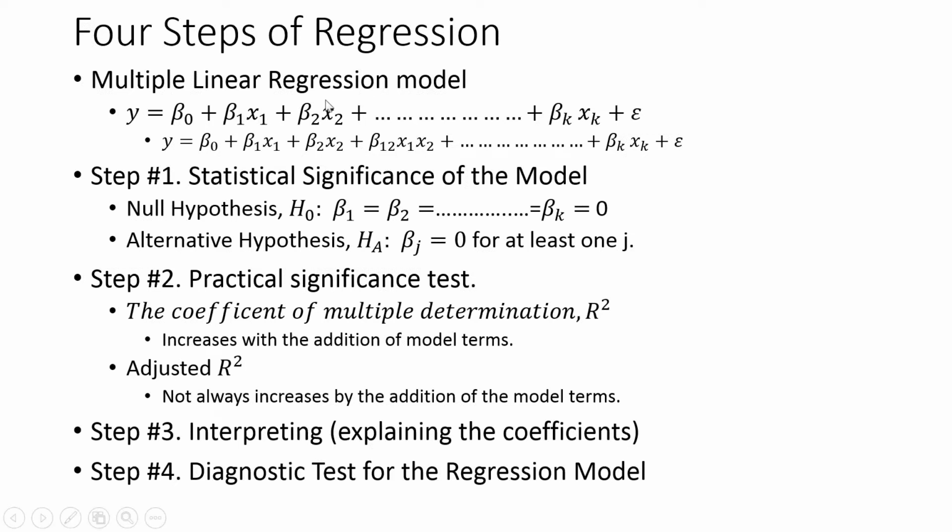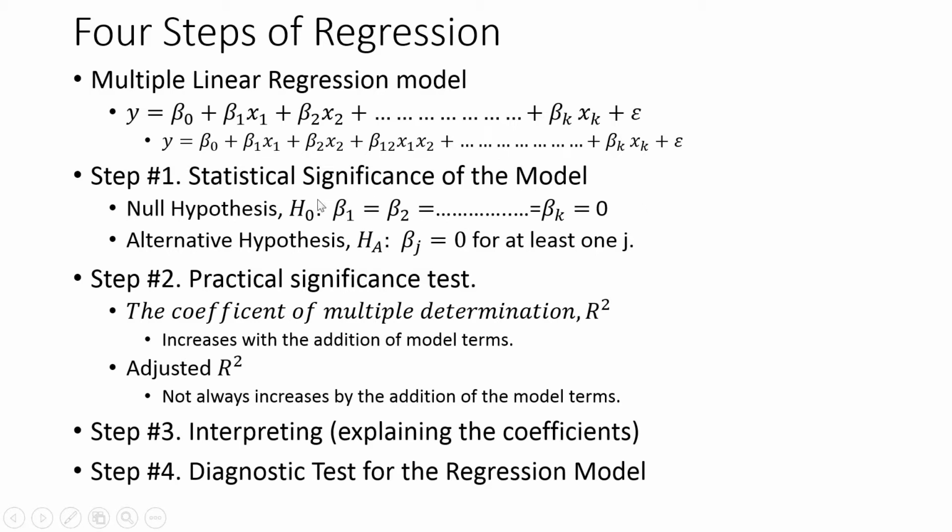Four steps of regression model, regression analysis. This is the population model for the regression analysis, and then step number 1 is the test for statistical significance. The null hypothesis looks like this: the coefficients of this regression model are equal to 0, meaning that b1 = 0